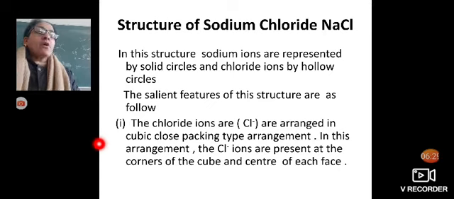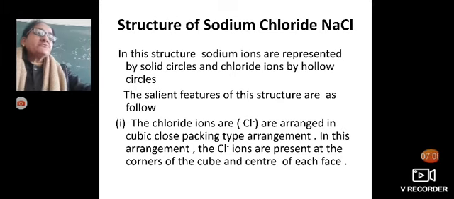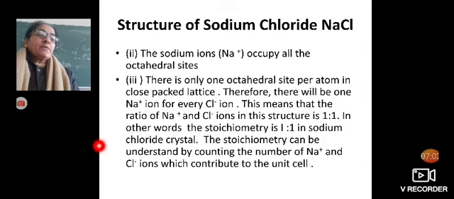First one is the structure of sodium chloride. In this structure, sodium ions are represented by solid circles and chloride ions by hollow circles. The salient features of these structures are as follows. The chloride ions are arranged in a cubic close packing type arrangement, and in this arrangement the chloride ions are present at the corners of the cube and center of each face, and the sodium ions occupy all the octahedral